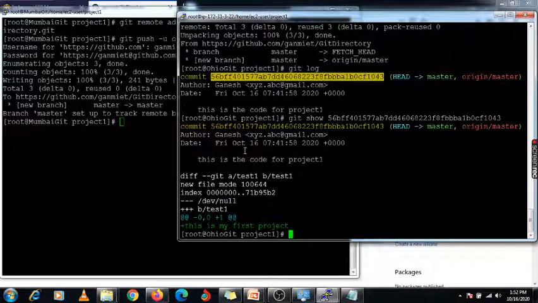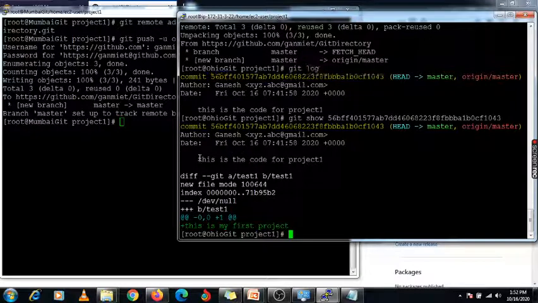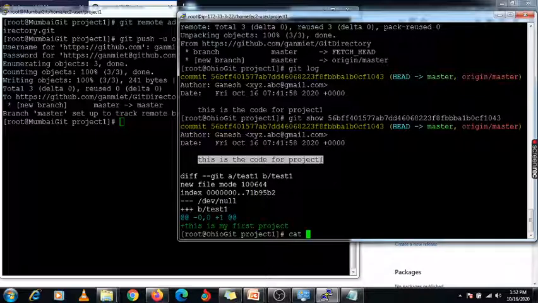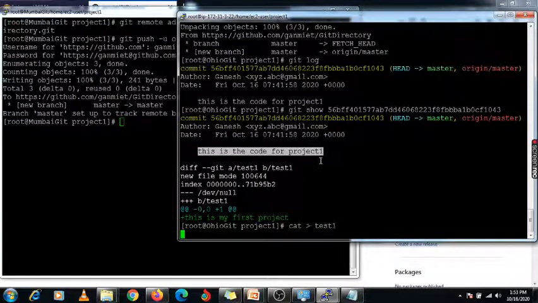Now I am going to add the same code in a file. Okay, first I close this. Here I am going to create one file with the name test1. The same file I am going to create using the greater than option, and enter it.